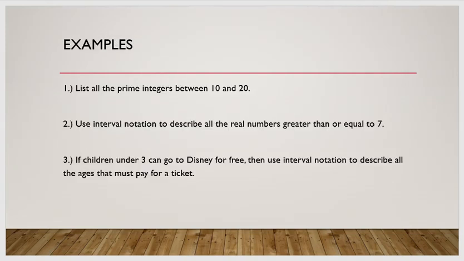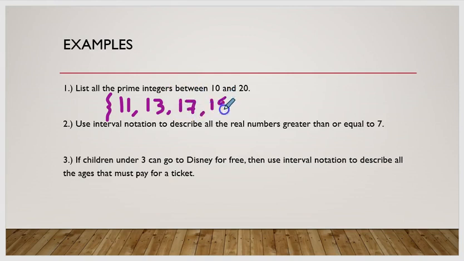For some quick practice on using interval notation and listing sets of numbers, let's start off here with number 1. We have all of the prime integers between 10 and 20. Well, since we're not talking about fractions and decimals here, this is actually going to be one of the cases where I use those braces, the curly brackets. And my smallest prime integer between 10 and 20, that's going to be 11. The next number is 13. And then we have 17